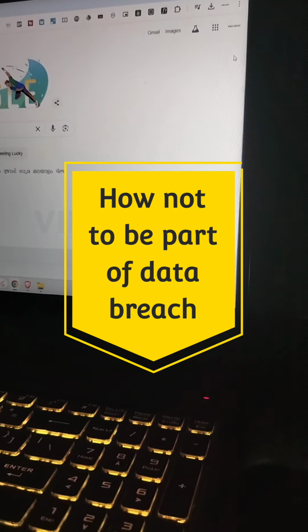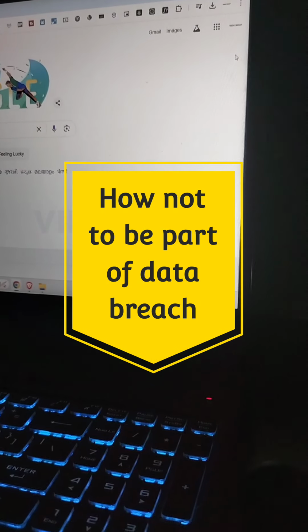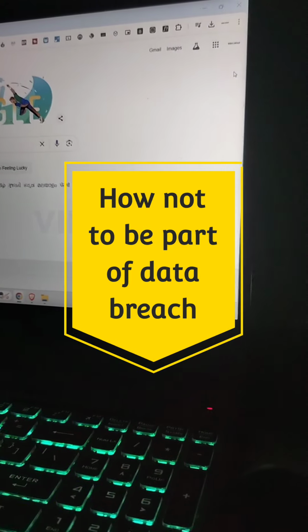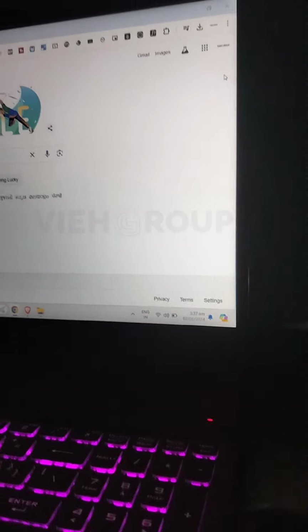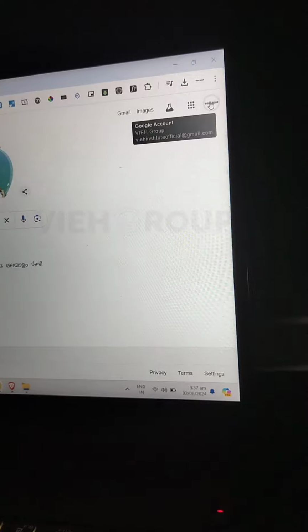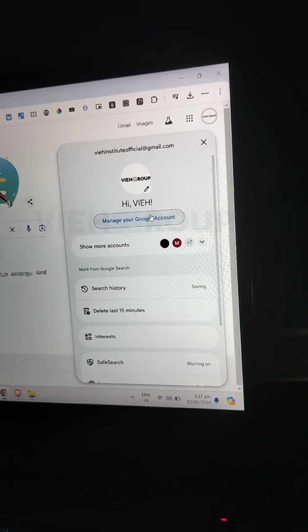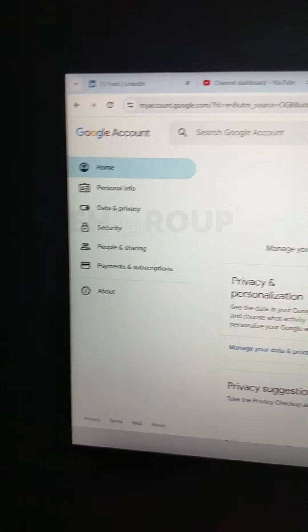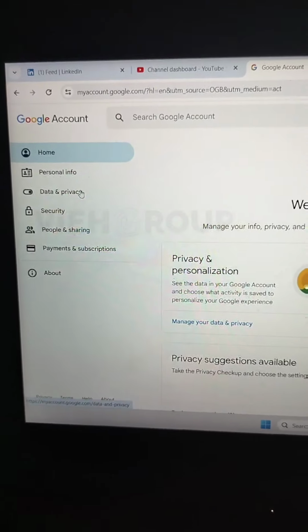So, very quick video on how to not become a part of data breaches, how to make your Google account a little bit more secure and get to know exactly where your Google account is connected. So it's very easy. Just click on your account, click on manage your Google account. Once you click on it, there will be an option. Just click on data privacy,